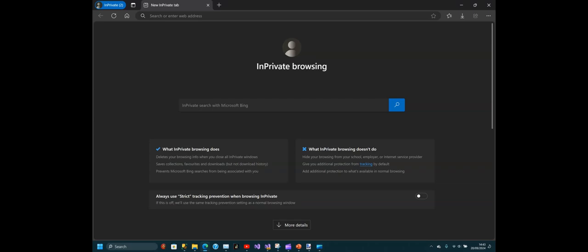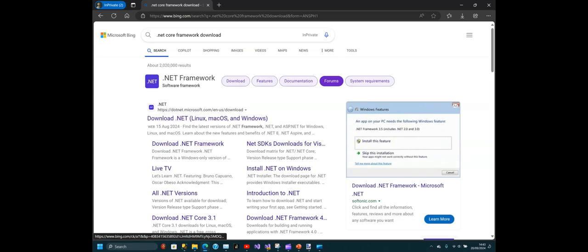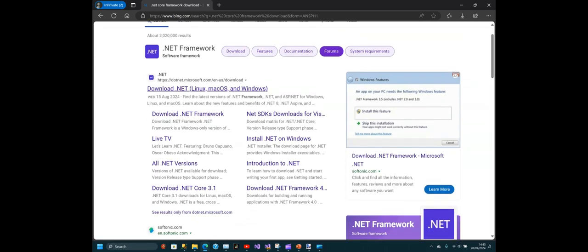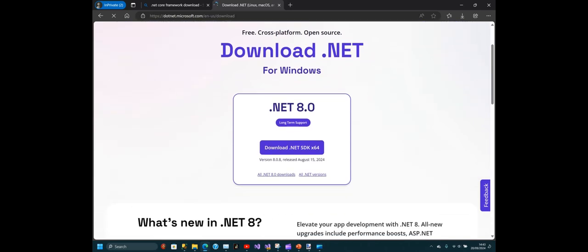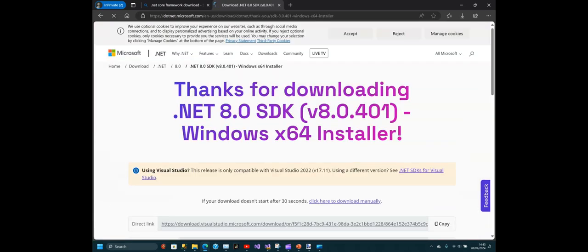Okay, let's find and download some of the components that we actually need. So first of all, we need to download the .NET Core framework. Let's search for that. It takes us to the Microsoft website. We click on that. And here we go. The latest version as of this video is .NET 8. Microsoft are working on .NET 9 at the moment, which may be available when you search, and subsequent videos after that. So we click on that, download it,